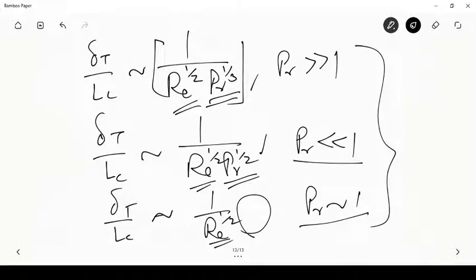So the Nusselt number will be proportional to Re to the power half Pr to the power 1/3 for Prandtl number much greater than 1, Re Pr to the power of half for Prandtl number much less than 1, and Re to the power of half for Prandtl number of the order of 1, and that's exactly what we get. So we'll write down that